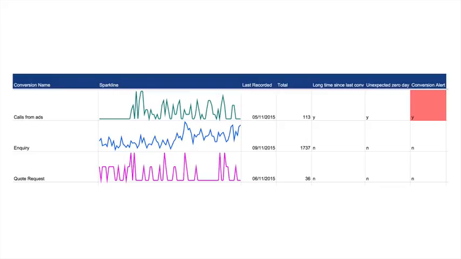Ignore the numbers on your screen for a second. Well, okay, let's use them. Let's say inquiry here, but let's say inquiry wasn't my main conversion for this account. It obviously is. Inquiries are good, but let's just say inquiry there, the blue line, was PDF downloads, and I've got 1,700 PDF downloads over the last 90 days. Let's say that the green line up there, that was my most important macro conversion, and I've got 113 of